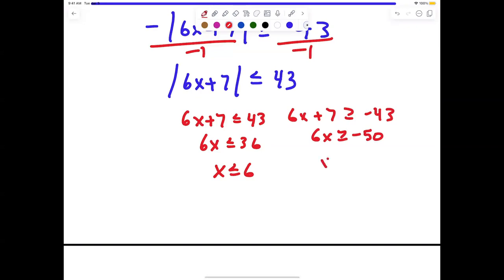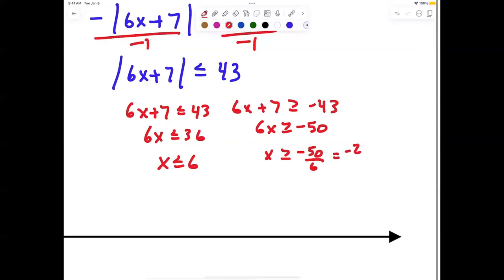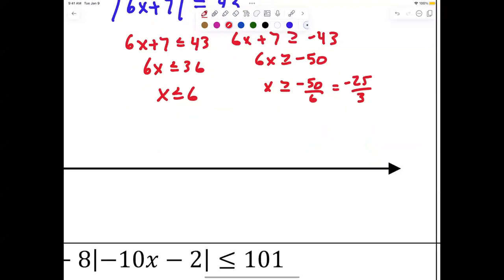Dividing by 6. But -50 divided by 6 can reduce to -25/3. Let's look at our number line now. Here's 6. Here's -25/3. Less than or equal to 6. Greater than or equal to. So now we have